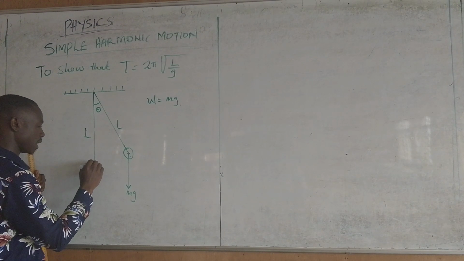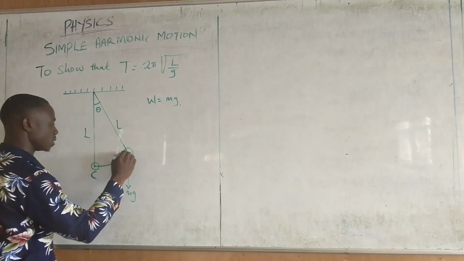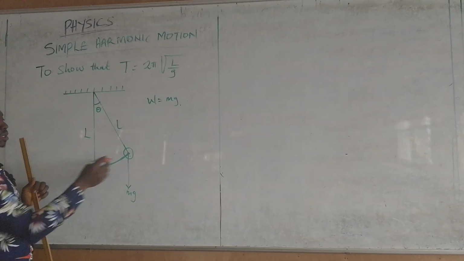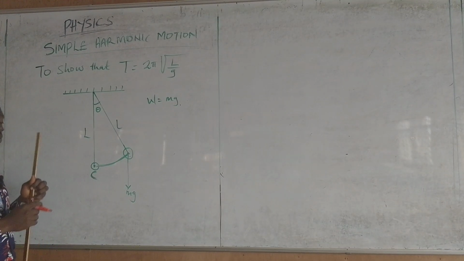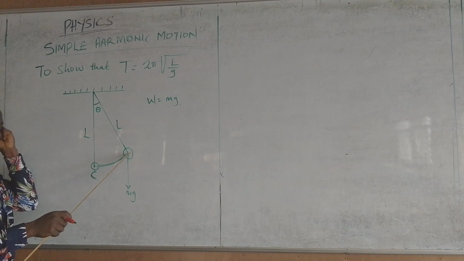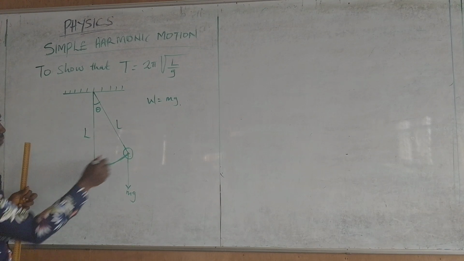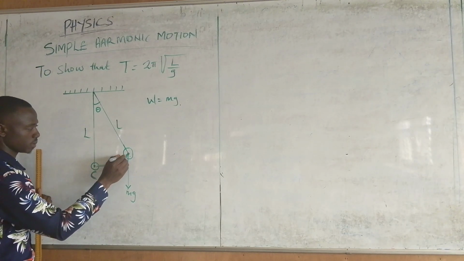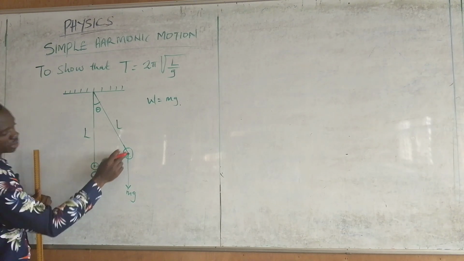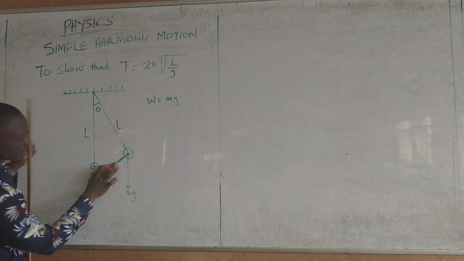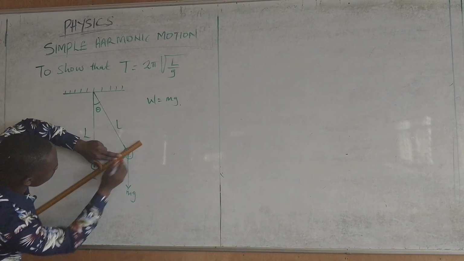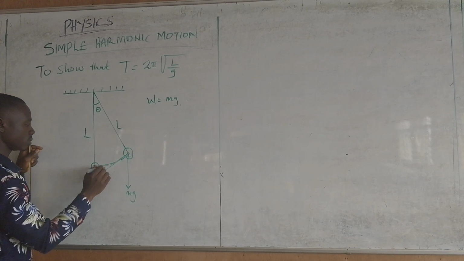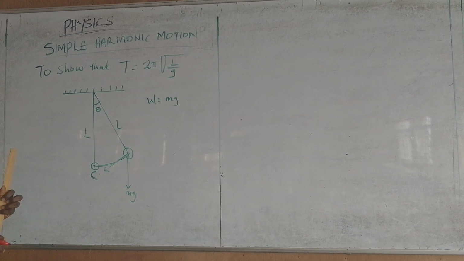And if this is the path of the motion of the bob as it goes to and fro, the bob doesn't pass through this arc directly. The bob is going to pass tangential. It's going to be tangential to the arc. You know what the tangent means, right? So this is a tangent to the arc. So the bob is along this path, such that